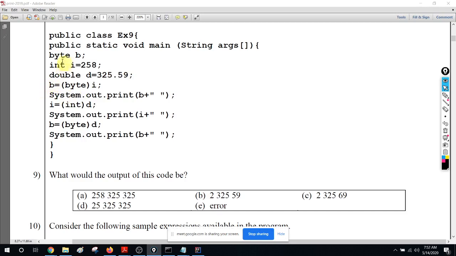Then b is a byte variable, and they are casting i to assign to b. That is needed because i is a bigger type. If you are assigning from an integer type to a byte type, you must cast it. If this casting is not there, there's going to be a compile error. So no compile error here.